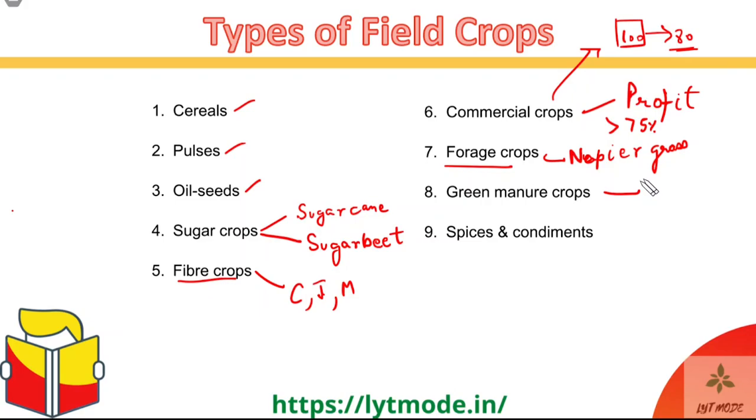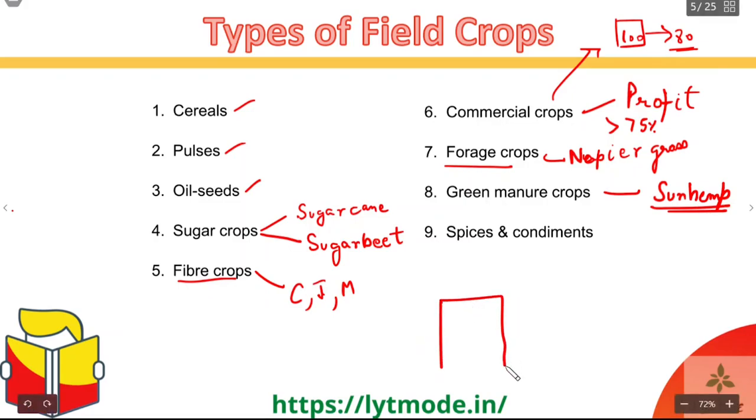So let's say if you are growing sun hemp, then what you do is that you grow sun hemp and then you do not cut the crop. You make the crop tissue get incorporated into the soil itself. So let's say if there's this field wherein sun hemp has been grown, then you will ultimately make this crop get broken down in the field itself,